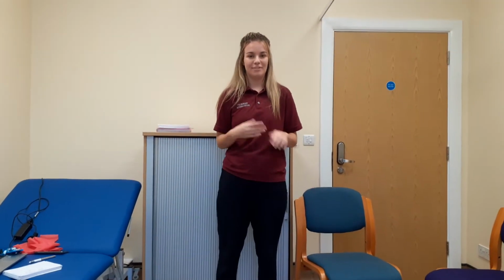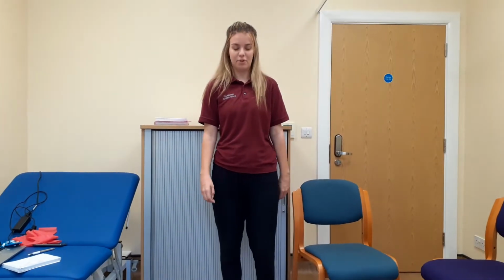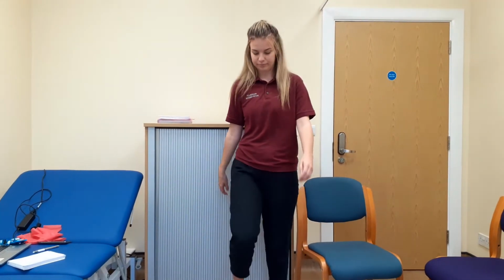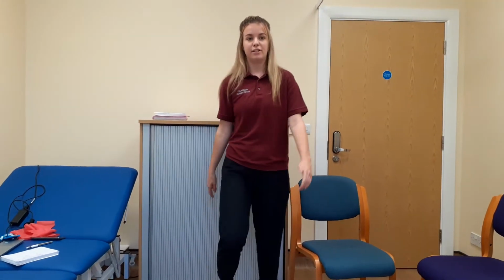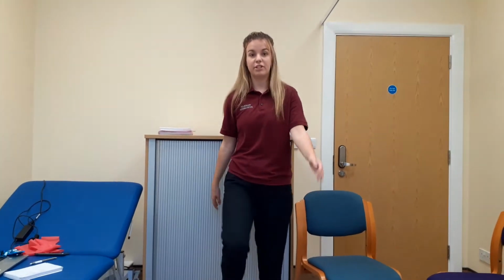So the first exercise we'll do is our march. I'll demonstrate that to you now. Our marching is pretty self-explanatory, as we know. If we are doing our exercise in standing, we're going to march on the spot. The simplest way, we'll just be marching on the spot, like we've just done in our warm-up. If you feel like you're doing this when you're only slightly breathless, to progress this exercise, what we would do is just make it bigger,